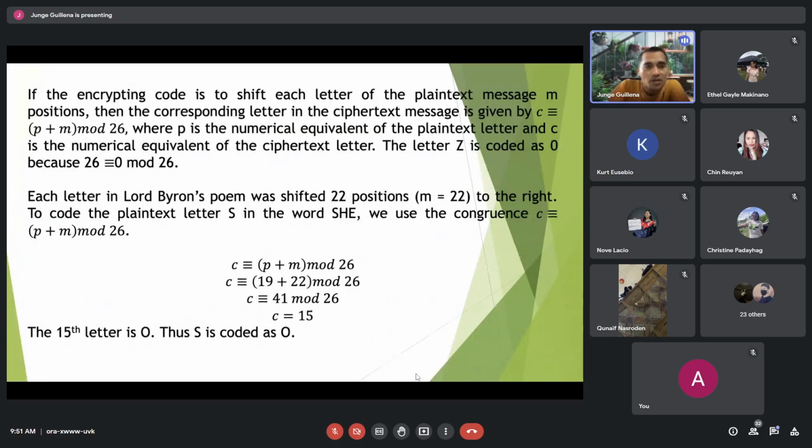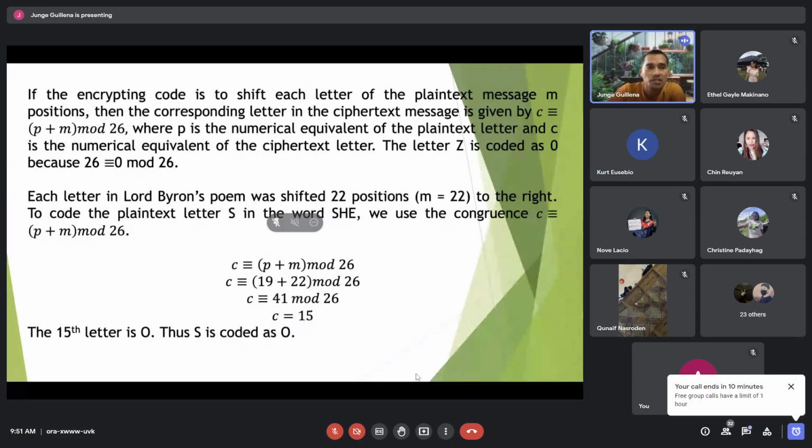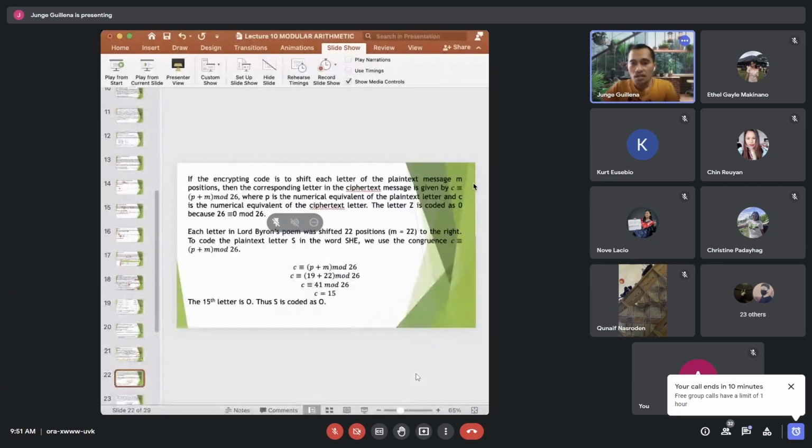If the encrypting code is to shift each letter of the plain text message a number of positions, then the corresponding letter in the ciphertext message is